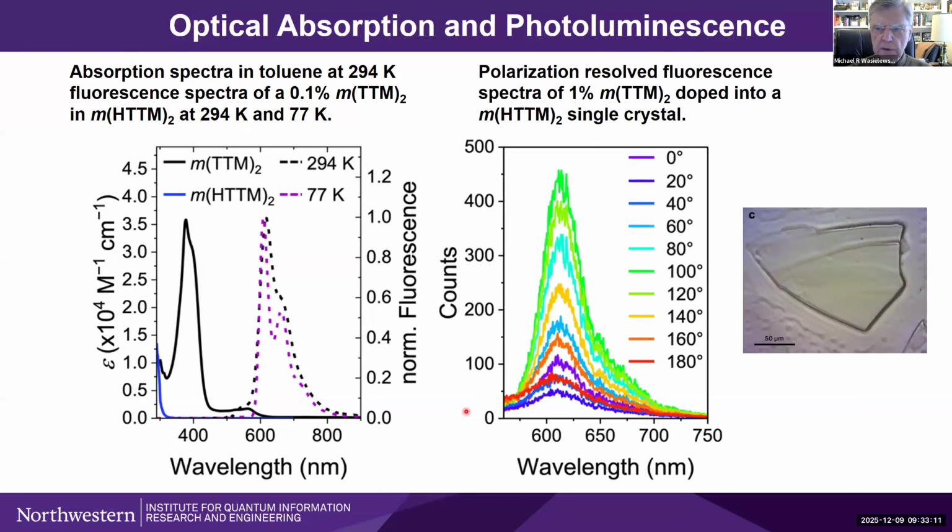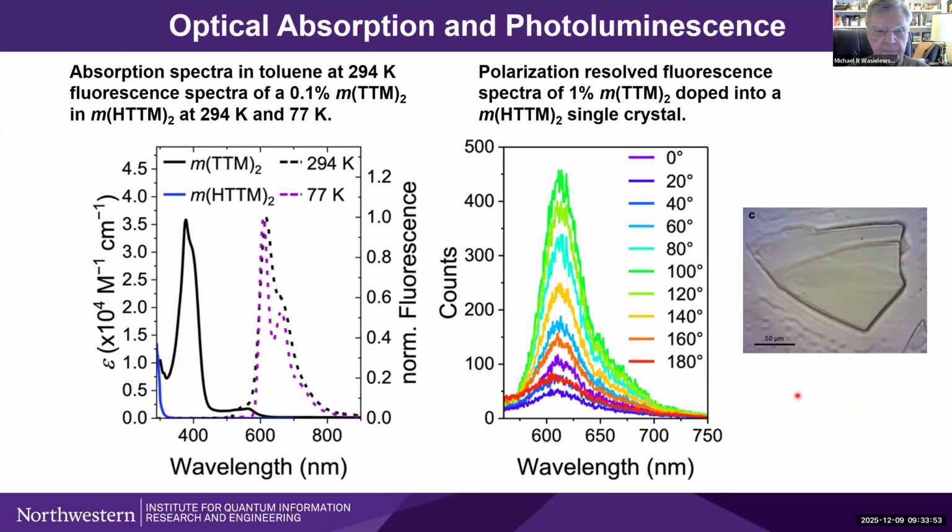And now if we look at what goes on with the single crystal, here's a picture of the single crystal, and we're doing this through a microscope, obviously. We're just looking at this beautiful little single crystal, which is about 150 microns long in this case. And it turns out that if we use polarized light resolution of the fluorescence, we find that it has a tremendous dichroism, so that we can go back and forth. What that indicates is that these molecules are lined up really well in the crystal. And so the ordering in the crystal is really excellent in this particular case, as indicated by this very simple measurement.